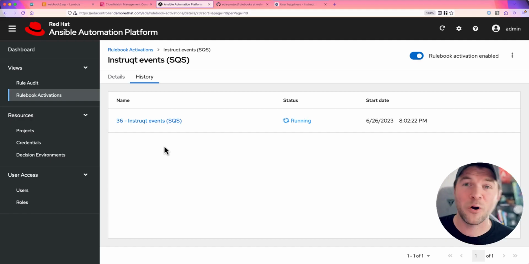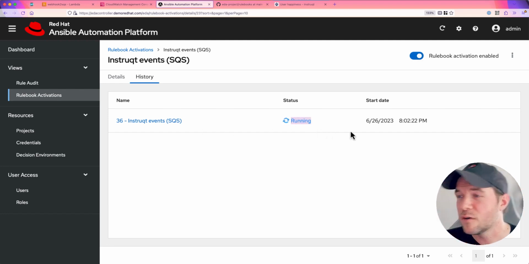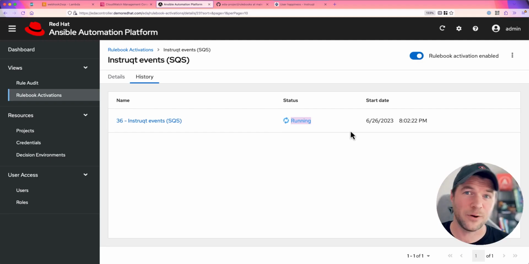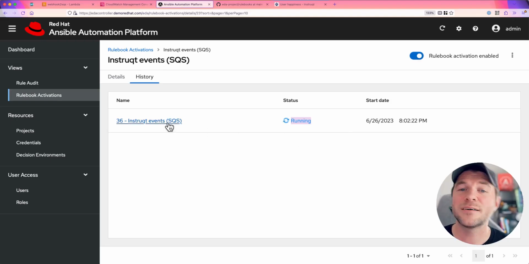I wrote the perfect rulebook the first time, so there is no history here of previous rulebook activation runs. So we only see the present one that is currently running and has been running for the past couple days, which is amazing. I wrote the best rulebook I've ever written. Now, if I wanted to see the standard out of Ansible rulebook executing this rulebook, I click on that link,